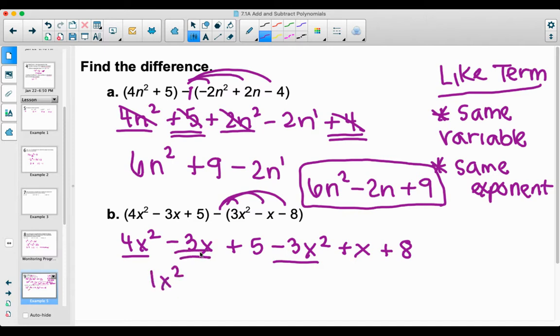And then I have a 3x here and an x. So that's a -3 and a +1. So that gives me minus 2x. And then I have a 5, no variable, an 8 that has no variable. So +5 and a +8 give me plus 13. And if you look, that's already written in standard form because it's going from high